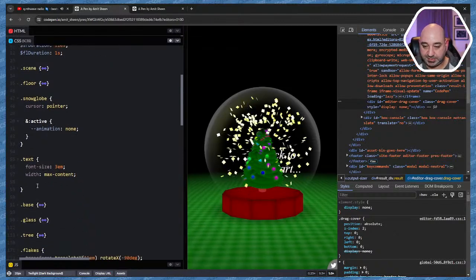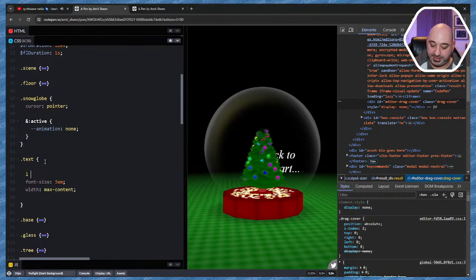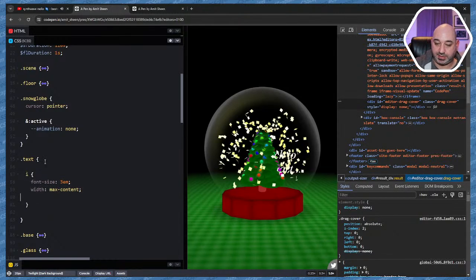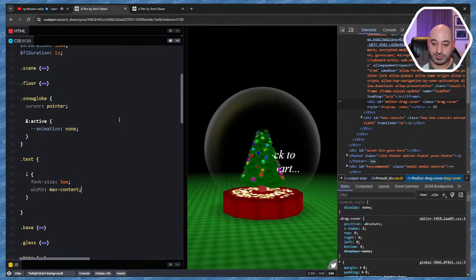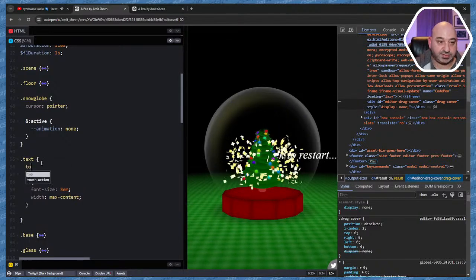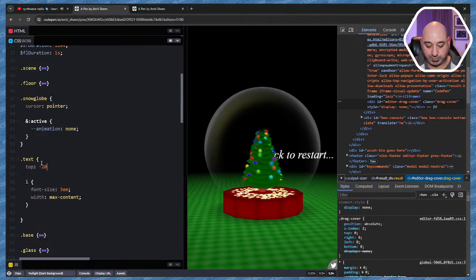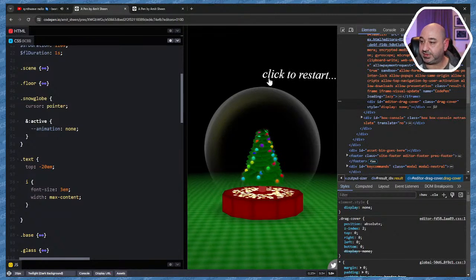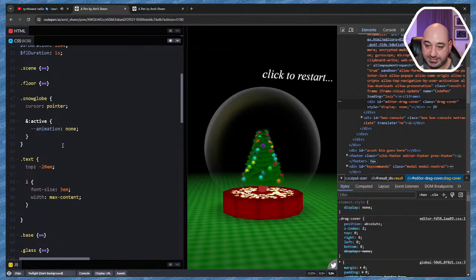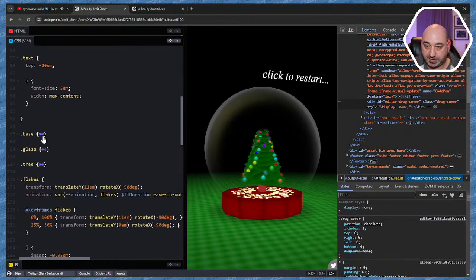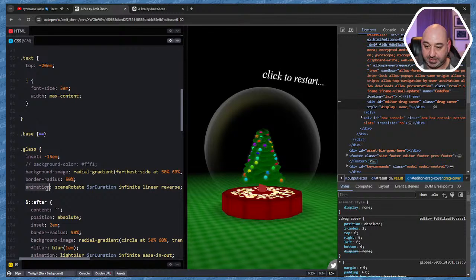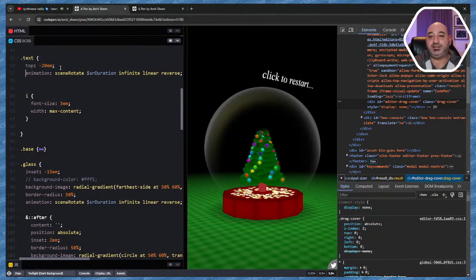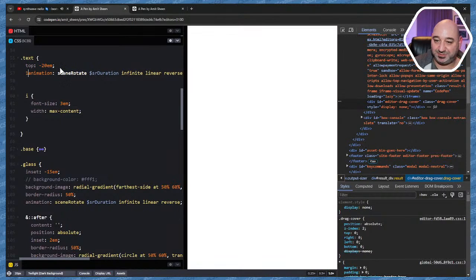Actually, you know what? This is not supposed to be the text. This is supposed to be the I inside the text because the text itself is also rotating. So first thing we need to do is let's add the top like minus 20ems because I want it to be way up above this thing, and then we're gonna add the same thing that we add to the glass, the same animation to